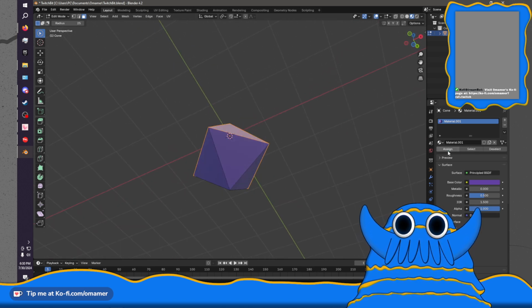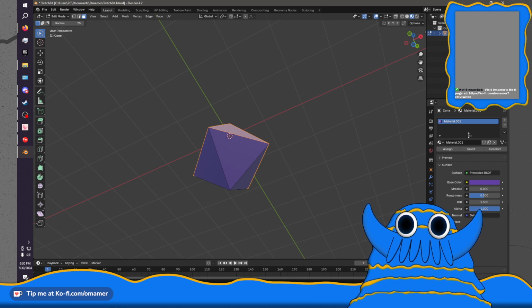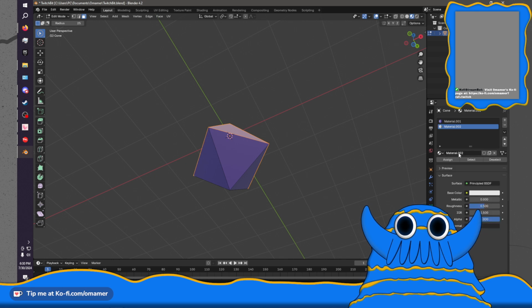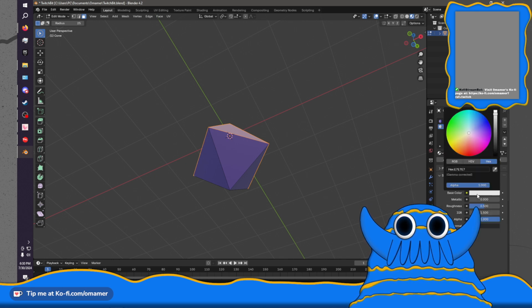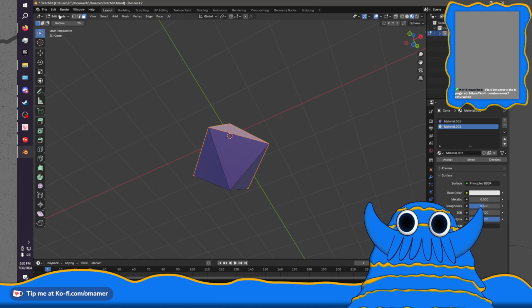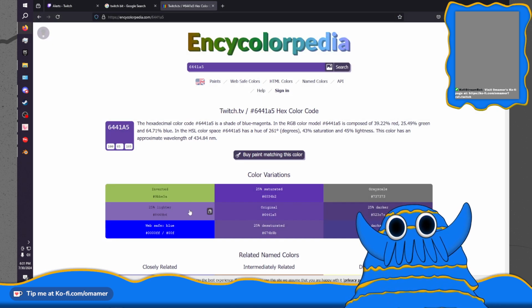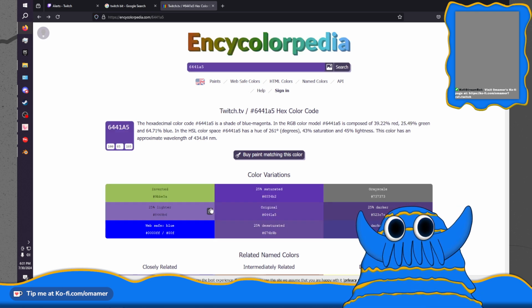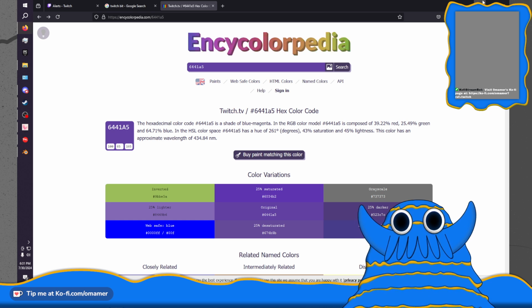Now what I want to do is hit assign. And then I'm actually going to create a new material. And we're going to take this lighter color here. Just want to copy it.